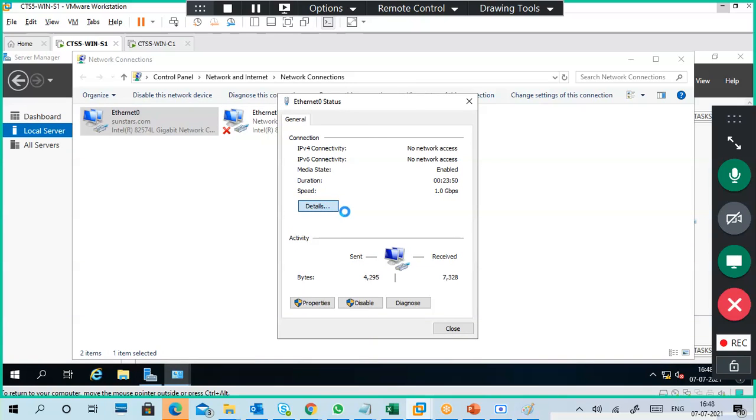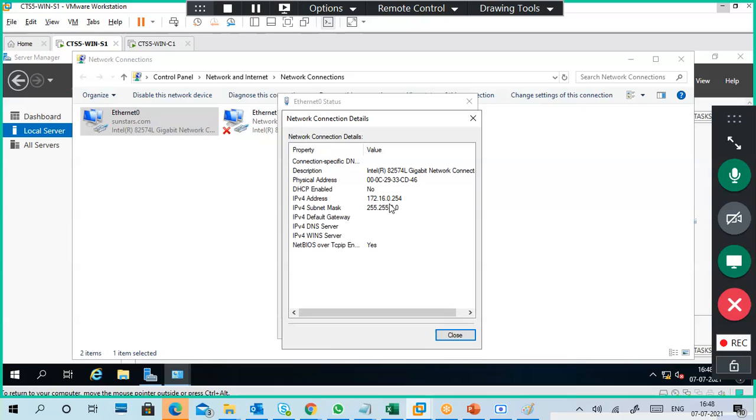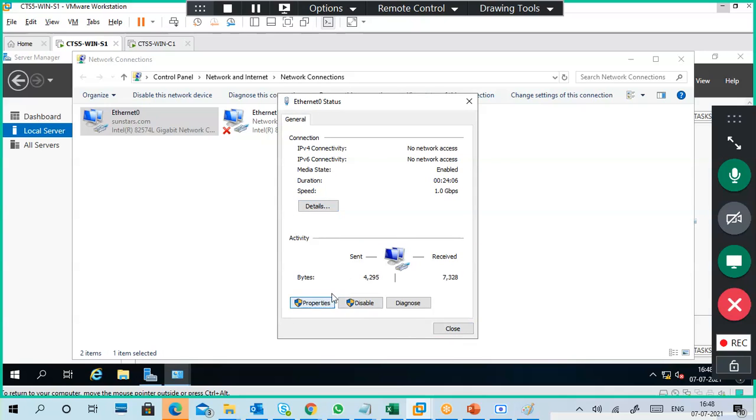Okay, whatever it is, it will take time. So I'm going to details and I'm verifying what IP address I configured. 172.16.0.254. Otherwise, go to the properties.